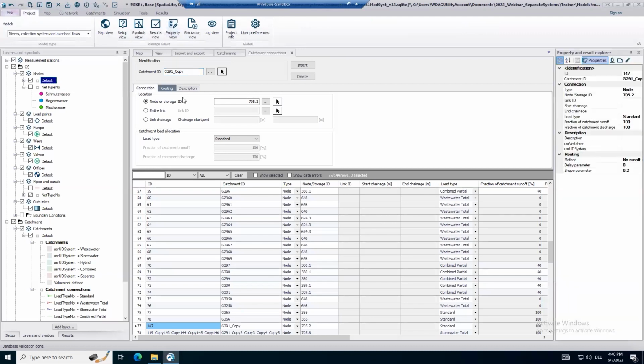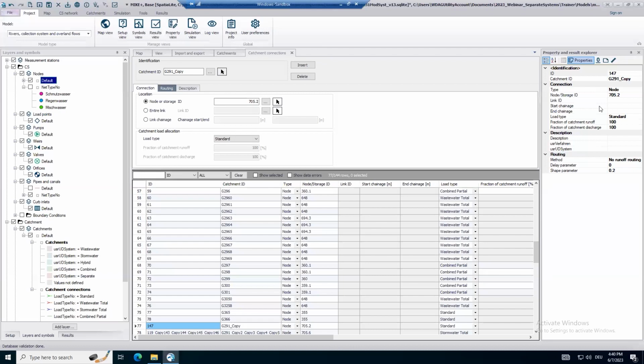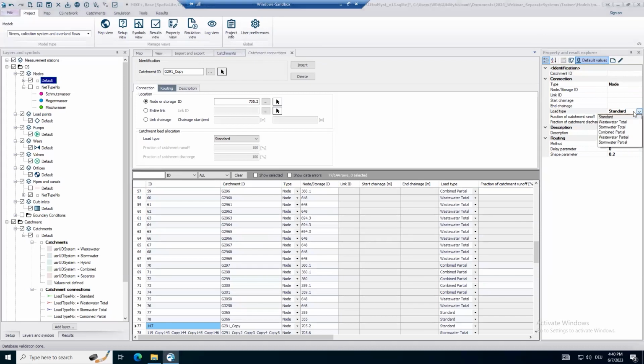I don't use it usually. I use the editors. Some colleagues use the property editor, and prefer this one to edit data. But the important part is here, you can change the default values. So if my catchment connections editor is open, I can change the default values for any new element. So I changed that to